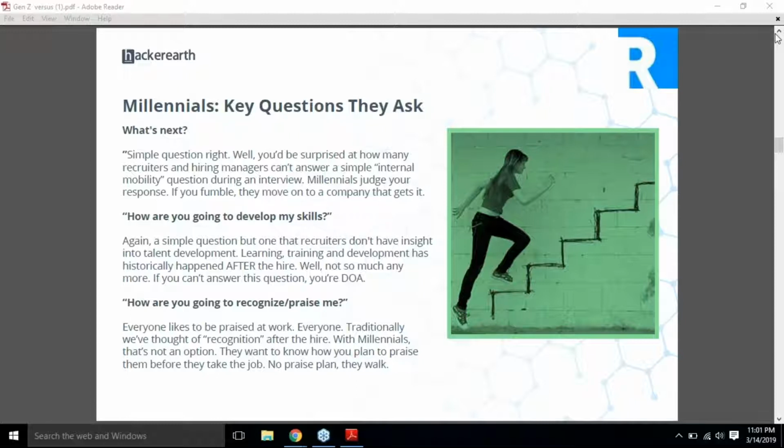Last, it's that praise strategy. And I think telling them stories about praise is important. So having a host of stories in your repertoire, like, hey, when Sally first came in, she was kind of shy and kept to herself, and we recognized that she saved the company a ton of money, and she didn't even say anything about it. We found out, and what we did is we had a party and took everybody out to a baseball game. Those anecdotal stories about how we recognize people are very important